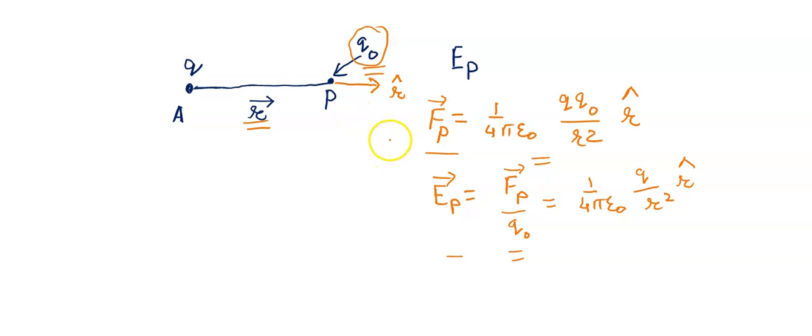Agreed? So this is the formula for the electric field intensity. Direction is of course away from the charge here, because here we have the positive charge. So the formula for the electric field intensity will be 1 upon 4 pi epsilon naught q upon r square r cap, where r vector is the position vector, and r cap is the unit vector in the direction of this position vector. So this is how we had to do it. I hope that this is clear to you.